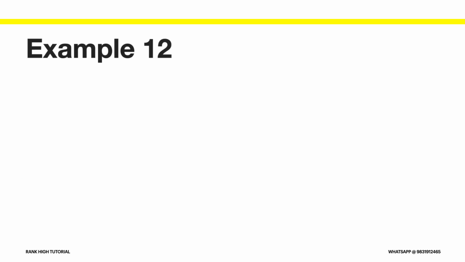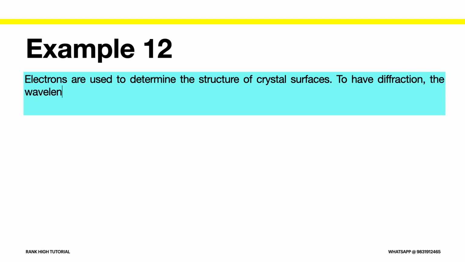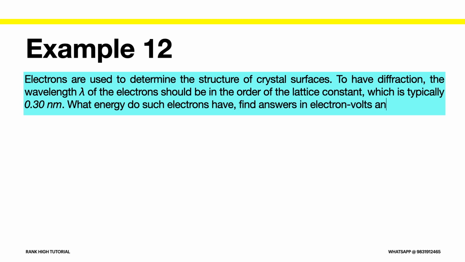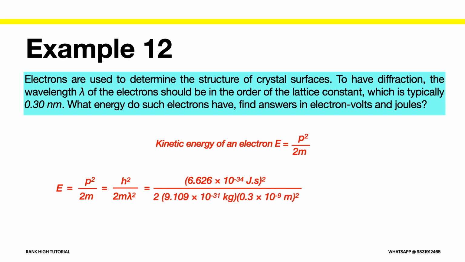Example number 12. Electrons are used to determine the structure of crystal surfaces. To have diffraction, the wavelength lambda of the electron should be in the order of the lattice constant, which is typically 0.30 nanometer. What energy do such electrons have? Find answers in electron volts and joules. We know the kinetic energy of an electron E equals p squared by 2m equals h squared by 2m lambda squared. After putting all the values, we get 2.7 × 10^-18 joule, that is 17